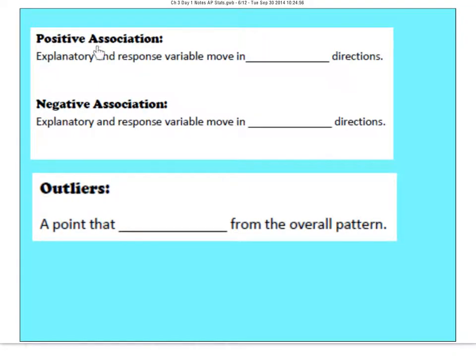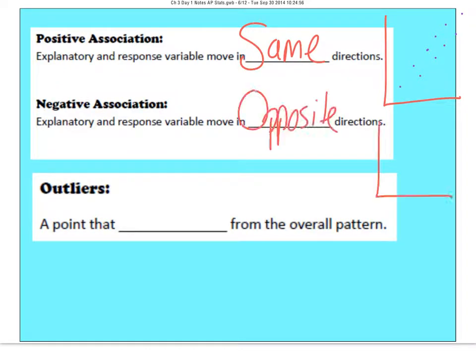You may be asked the type of association that the data has after you see the scatter plot. If it's a positive association, what you're going to see is the explanatory and the response variables move in the same direction. Again, if we have a scatter plot, you're going to see a relationship where they're both moving positive or upward at the same time. In a negative association, the explanatory and response are going to move in opposite directions. In that case, if the x's are small, the y's might be high. As the x's get larger, the y's are going to actually get smaller,